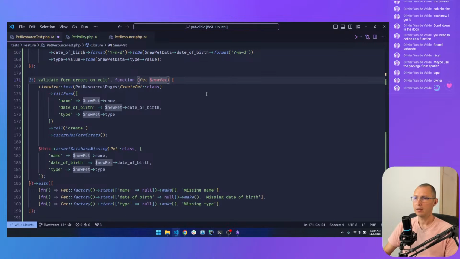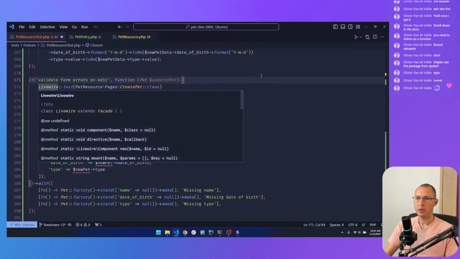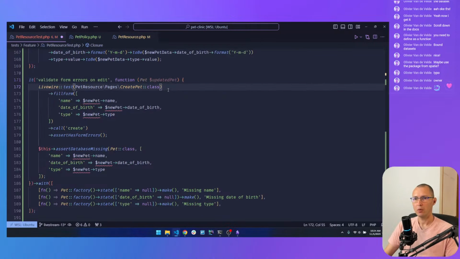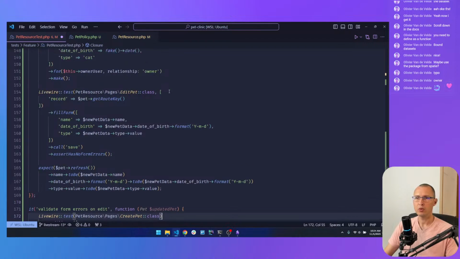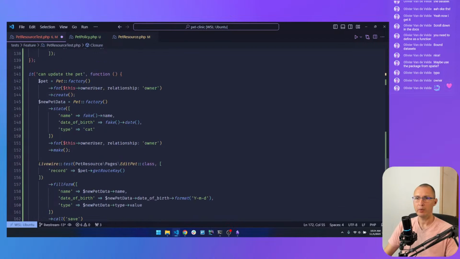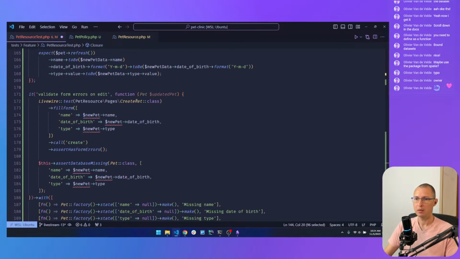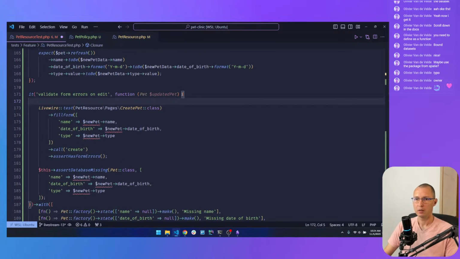In this case, this is not going to be a new pet, this is going to be an updated pet. So instead of filling, well, we do need to fill the form, but we do also need a pet already created. So let's grab this, paste it here.